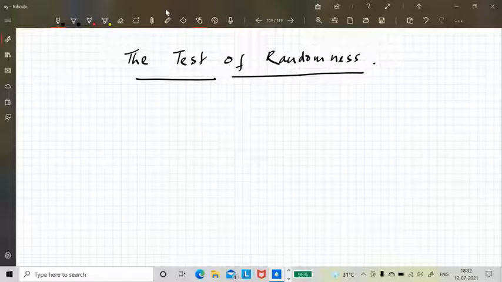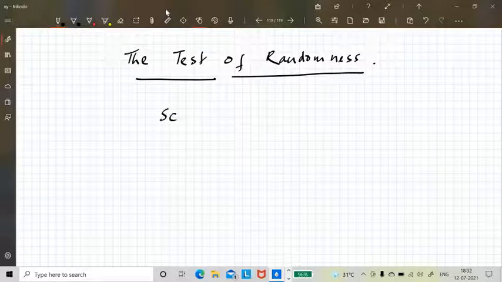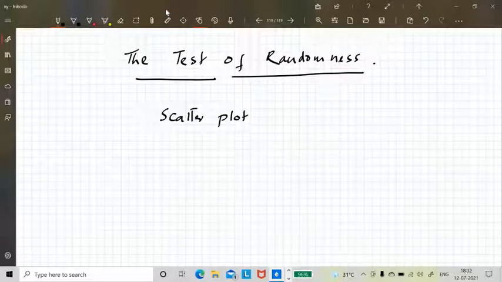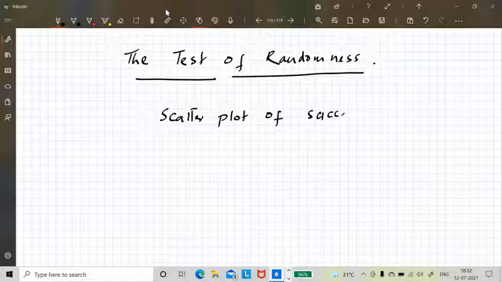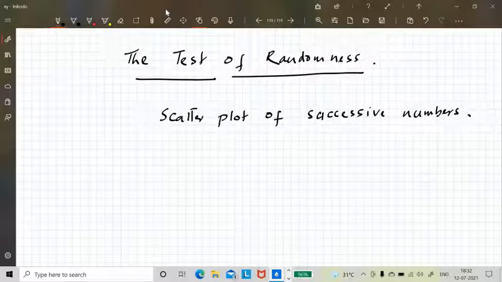We can do this by simply doing a scatter plot of the successive numbers, and we will see whether any pattern comes out from them.